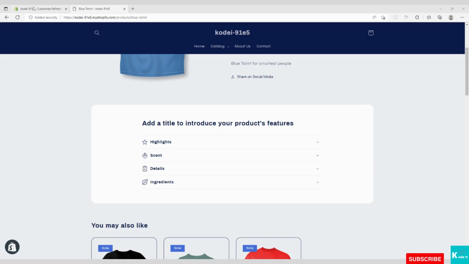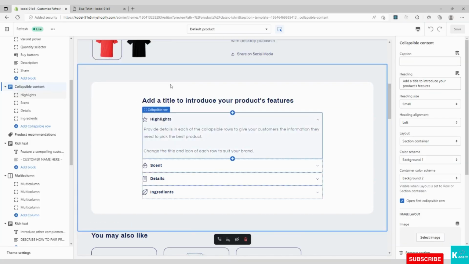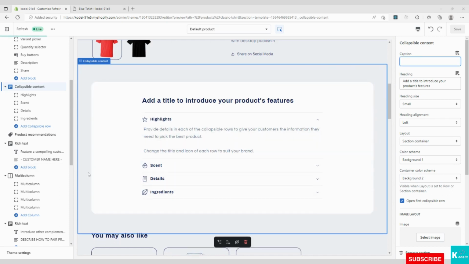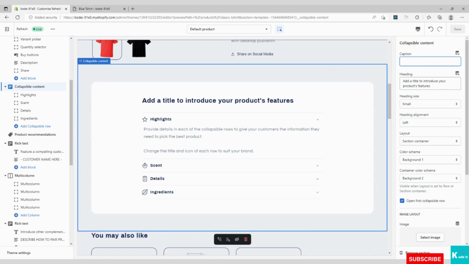Now let's customize it. If you see over here in the center, we can see the preview of it. And at the right side, we have the properties of the accordion. First, we have the caption and then the heading. If I enter the caption over there, then we can see the preview in the center.